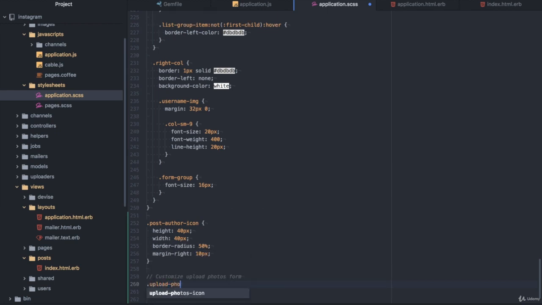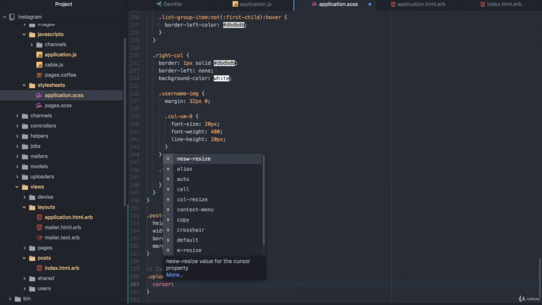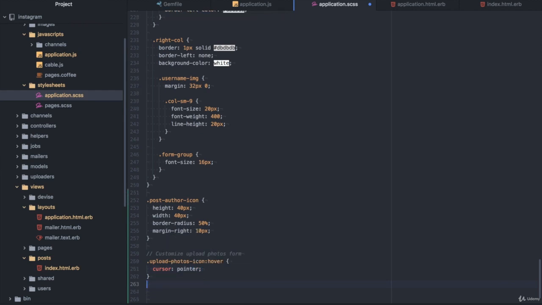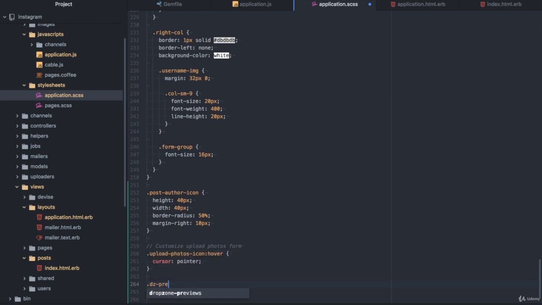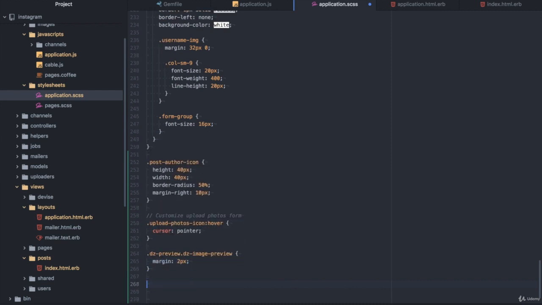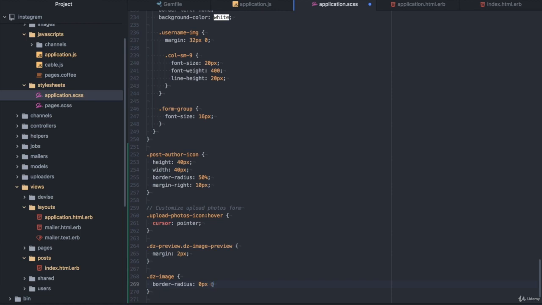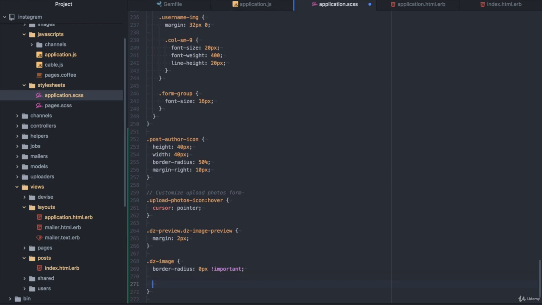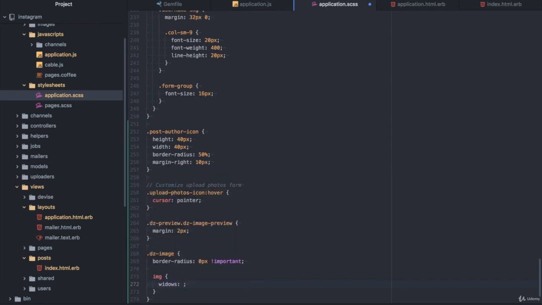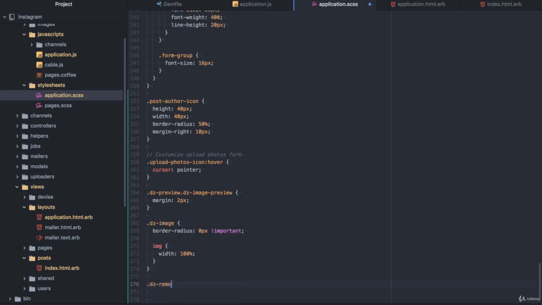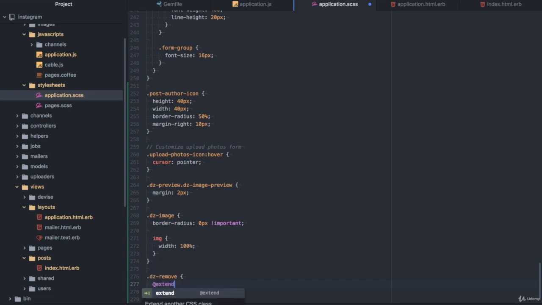Upload-photo-icon hover, cursor pointer. dropzone-preview, dropzone-preview .dropzone-image-preview, margin 2 pixel. dropzone-image, border radius 0 pixel !important. image, width 100%. dropzone-remove,